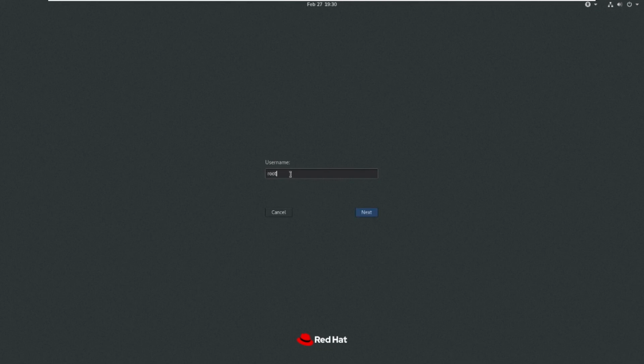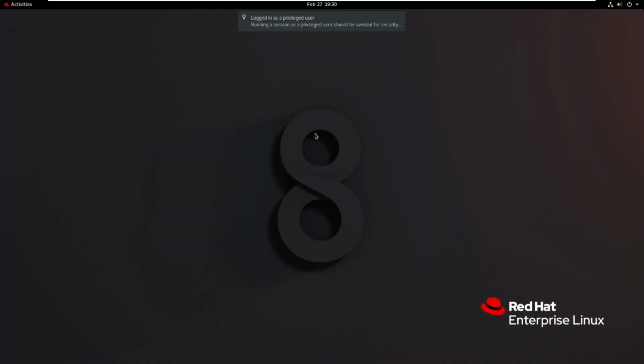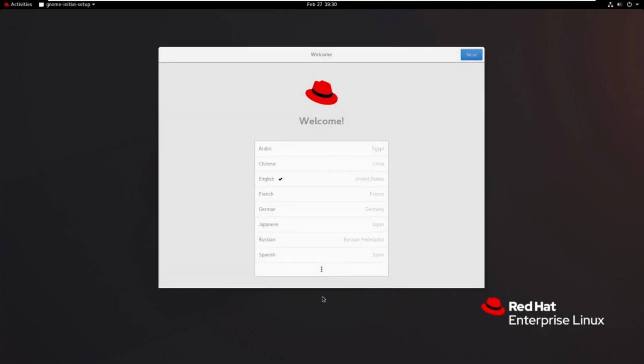The username is root, and the password is something. Now this is the Red Hat 8 desktop.